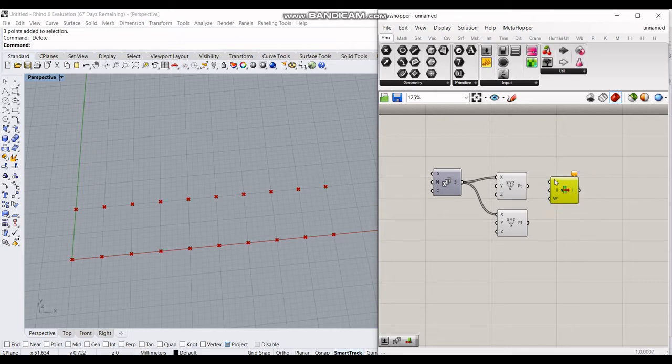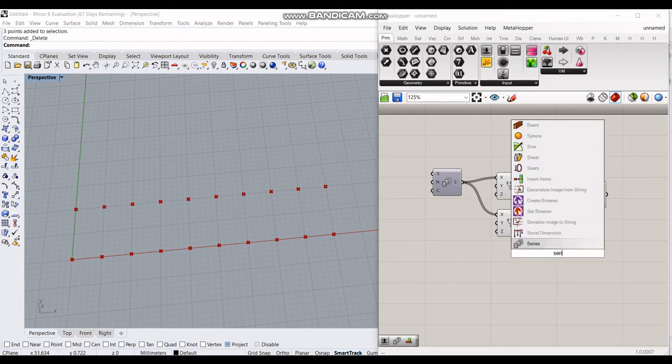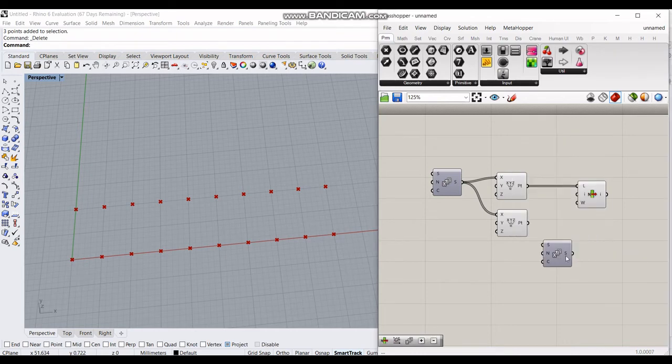This list item component is something that will be used very often, and the main two inputs of this are the list and the index that we need. So this is basically like array slicing. Let us give the points as the list, and this list accepts any kind of input, for example points, lines, vectors, or anything like that, and the index corresponds to whatever index we want to choose from the list. So let me use another series to extract the points at the even indexes.